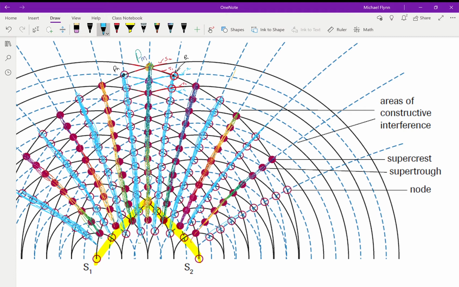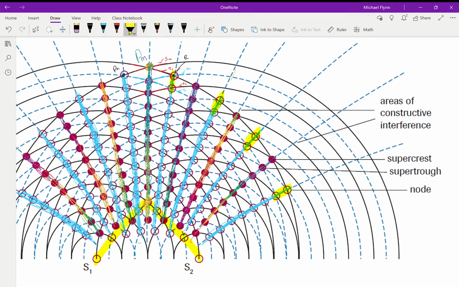So there you go. There are all my lines colored in. Now, what you're seeing is alternating lines, constructive and then destructive interference, and then constructive interference and then destructive. So as we go around the circle, I'm going to highlight the areas of destructive interference. So here we see one. Then in between those two yellow lines is a line of constructive interference. And then here's one line of destructive, then a line of constructive, then a line of destructive. And then a line of constructive, then another line of destructive here, then a line of constructive again, then another